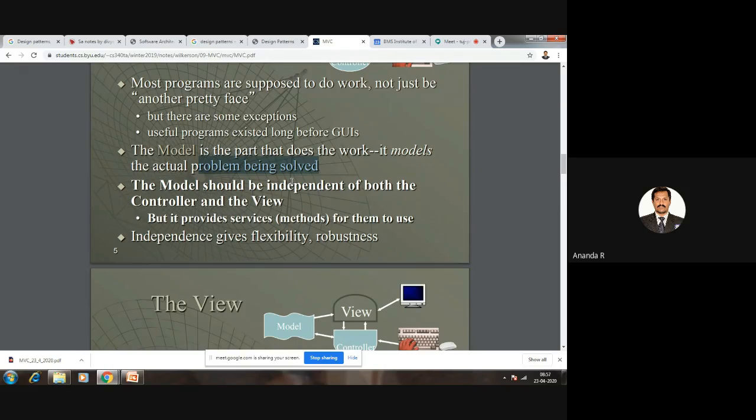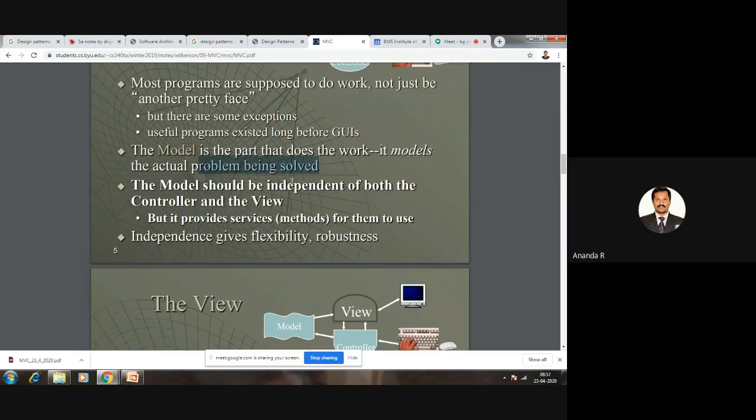Then the model should be independent of both the controller and the view. Even though we have three different parts: model, view, and controller, the model should be independent. The view is a separate one, the controller is a separate one, and we use the model as just a part.